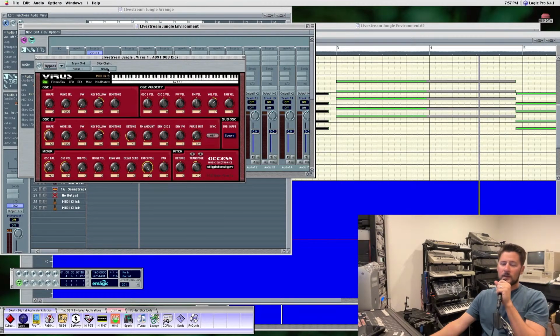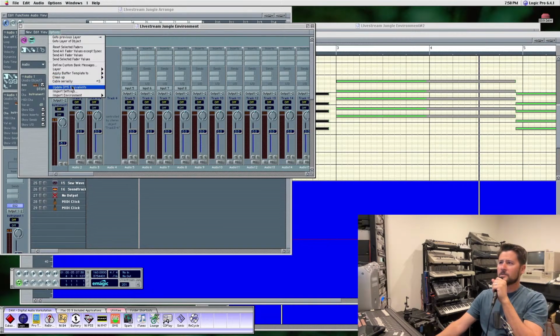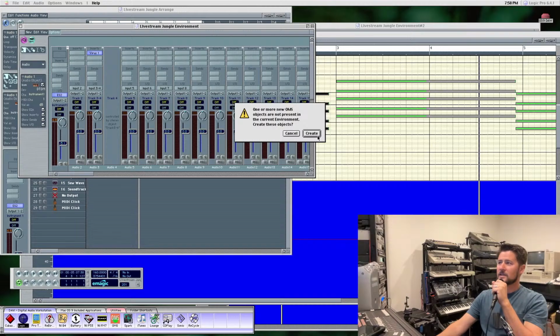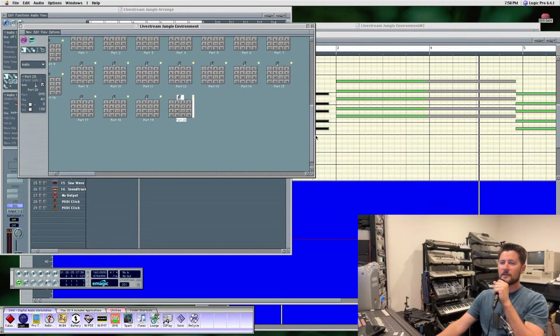And so before you can get this up and running, you need to, in your environment node, go to Options, Update OMS Equivalents. This will give it a MIDI routing via OMS, because it's basically treating it like a,